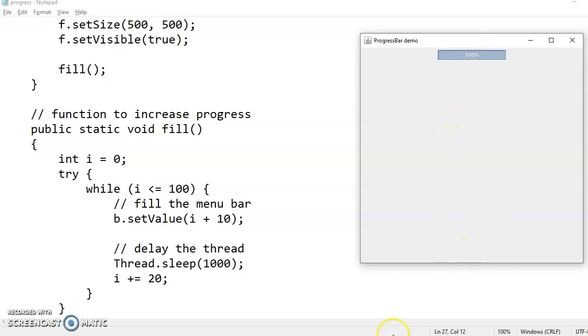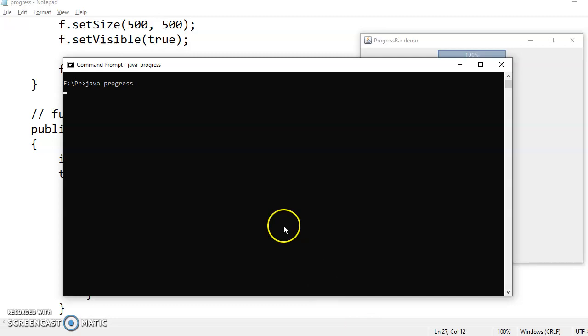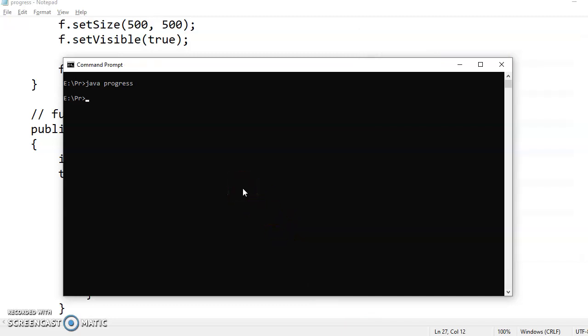Okay. So quickly we'll compile this program. Javac, progress is the name of my class. That is compiled. This is a frame program, so I have to use java progress.